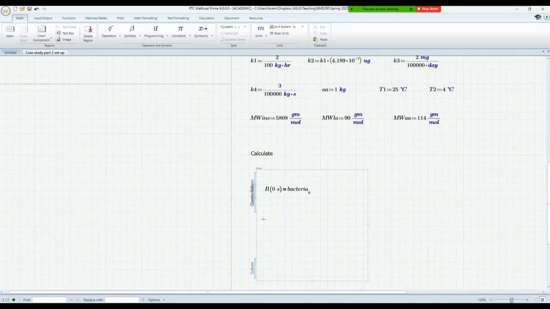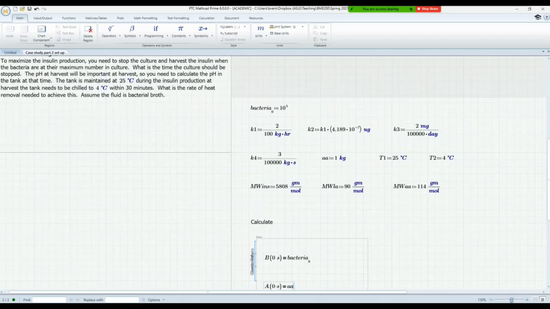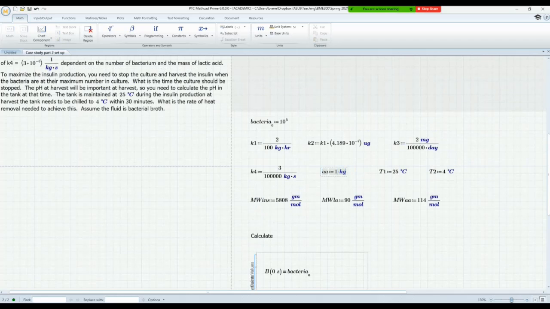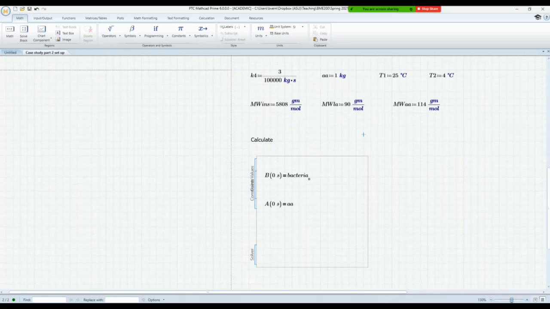So we need to keep track of the amino acid, and its initial condition is going to be, what did we say, AA here? Yep, right there. And then we're keeping track of the insulin, which is what we're interested in. And the initial concentration of insulin is going to be